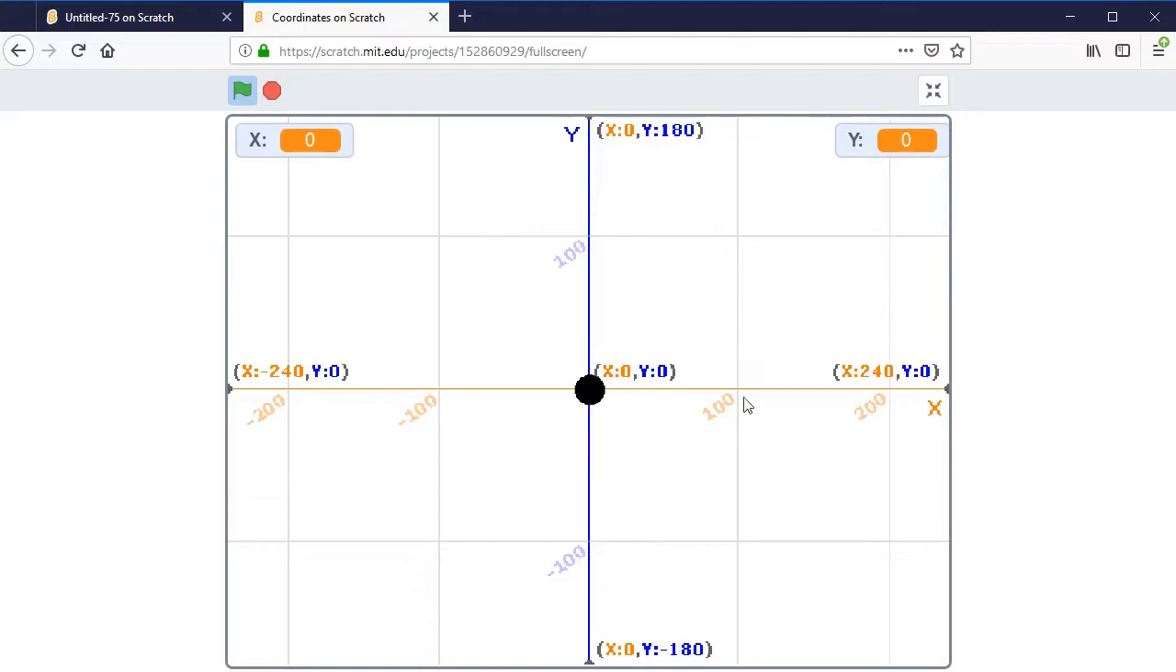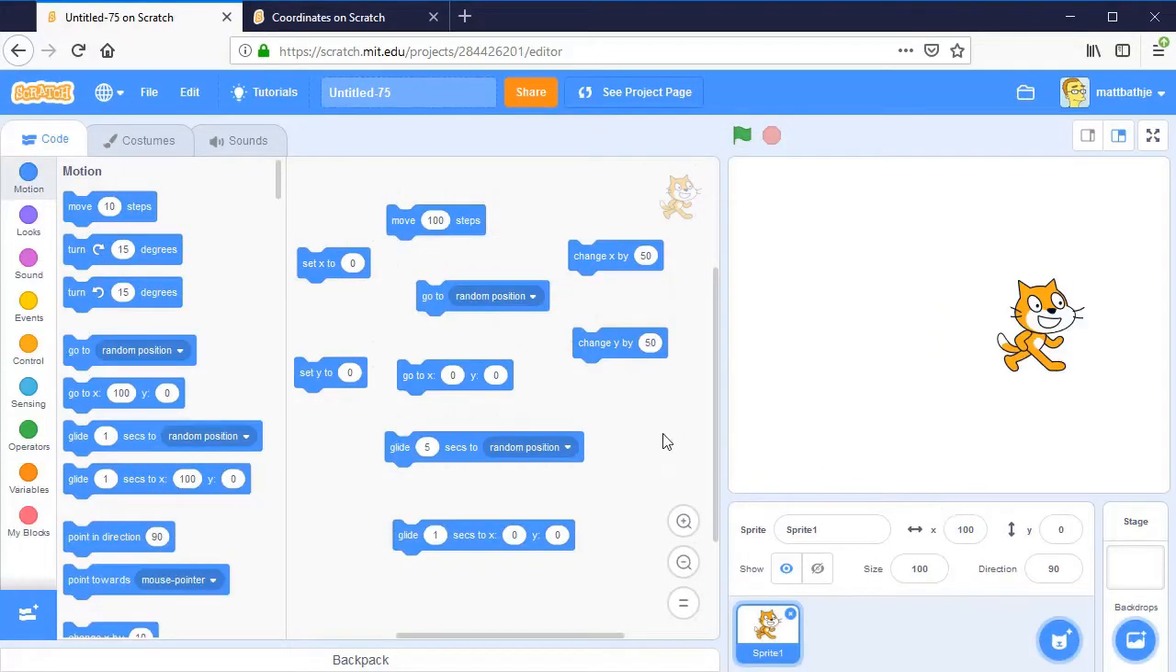So as you move around on the screen, the x and y coordinates change, and that's how from within our code we can change the coordinates of our sprite and have it move around the screen. Going back and looking at the blocks again, you can see we have one here called go to x, y. And I can type in numbers here. So let me just type in go to x 100, y